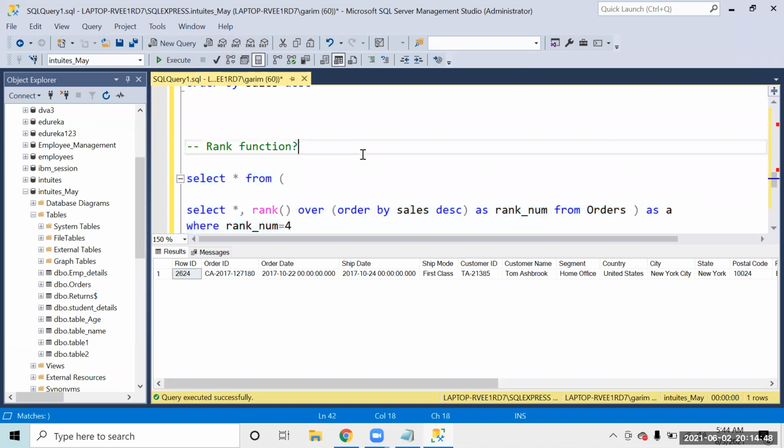So what I've done is I have made a table in which all the rankings are given with the help of a query. And then I'm using that as an inner query, as an input for the outer table, where I'm saying select star from this complete input where rank number is equal to 4. So now I can find any rank that I'm looking for.